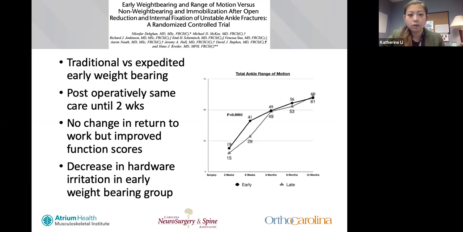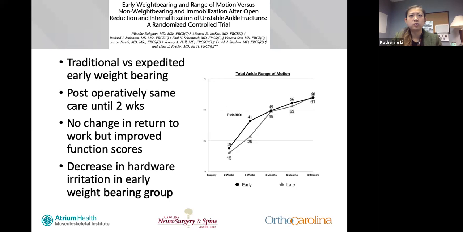So, what does this mean overall? Well, we can't discharge patients from follow-up if we can't let them weight bear yet. So this randomized control trial looked at early mobilization to see if there would be any detrimental outcomes or function to early mobilization and weight bearing. The standard of care for unstable ankle fractures has generally been non-weight bearing and cast immobilization for 6 weeks after surgical repair. Earlier weight bearing and mobilization is thought to expedite rehab and result in earlier return to function, but